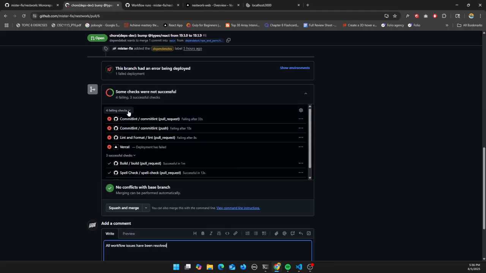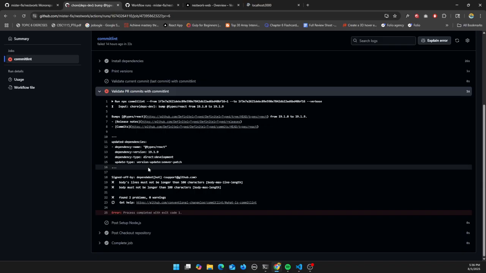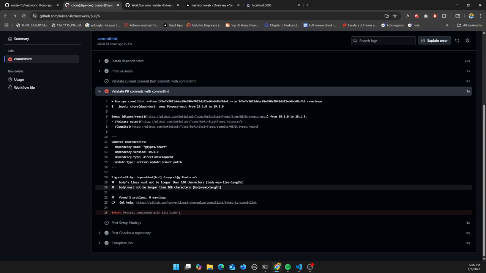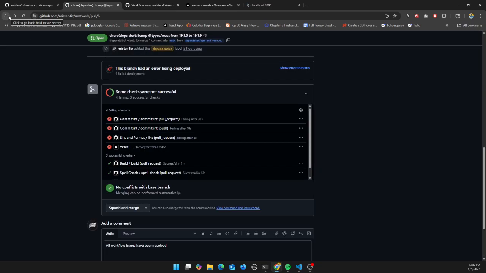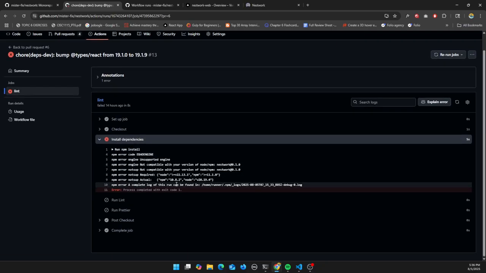Again, why did these fail? Because of the version differences. Oh no, this was because of the commit lint. So yeah, we resolved that. Okay, so that's fine. The lint and format failed because of the version issue. I'm pretty sure. Which again, I don't know why this is a problem because